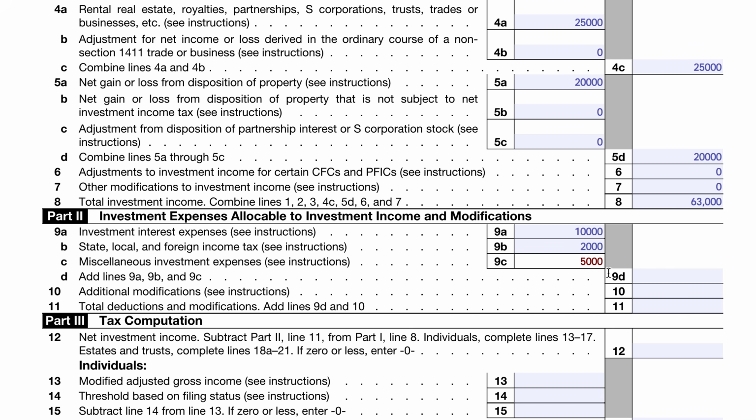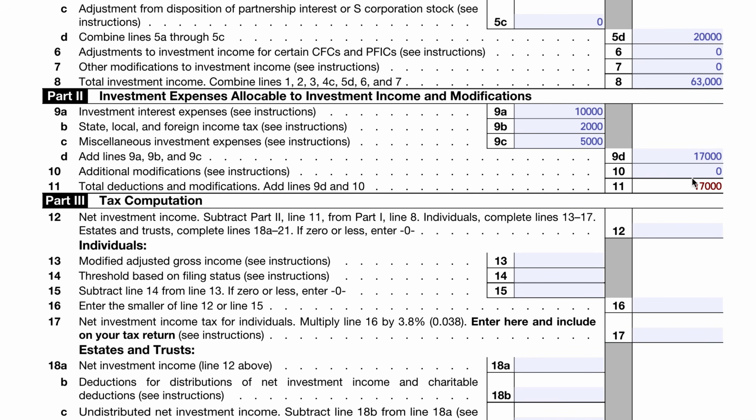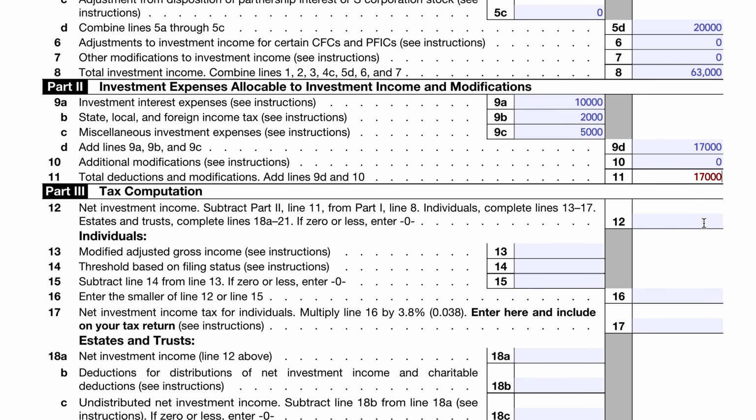We're going to total those up into line 9D, and we have $17,000. Any additional modifications, you would enter them on line 10. There are special rules for traders in financial instruments and commodities. We don't have any, so we're going to put a 0 here, and then we're going to carry this $17,000 down. Now, we're going to subtract the line 11 number from the line 8 number, and we arrive at